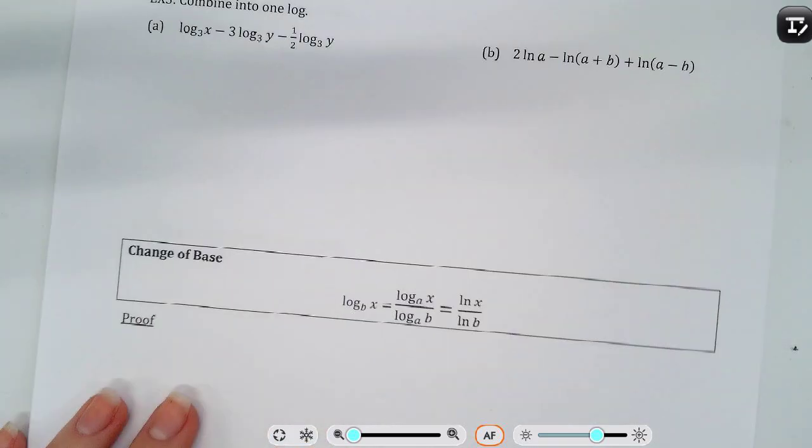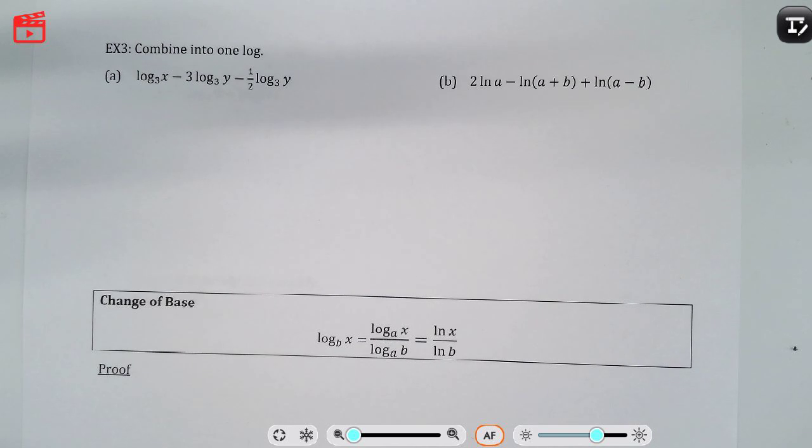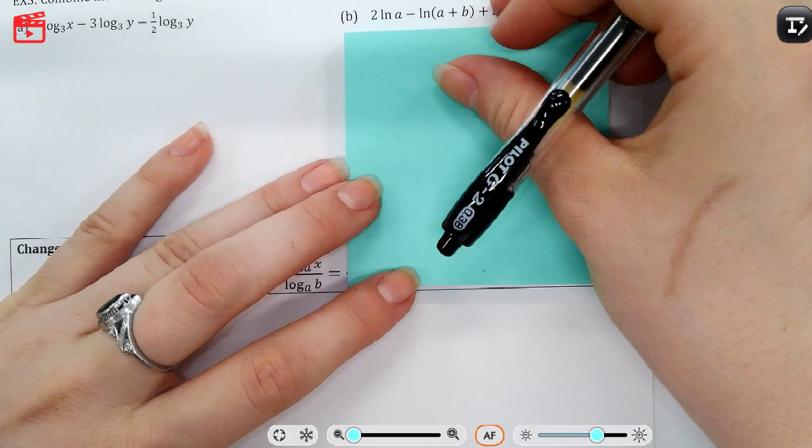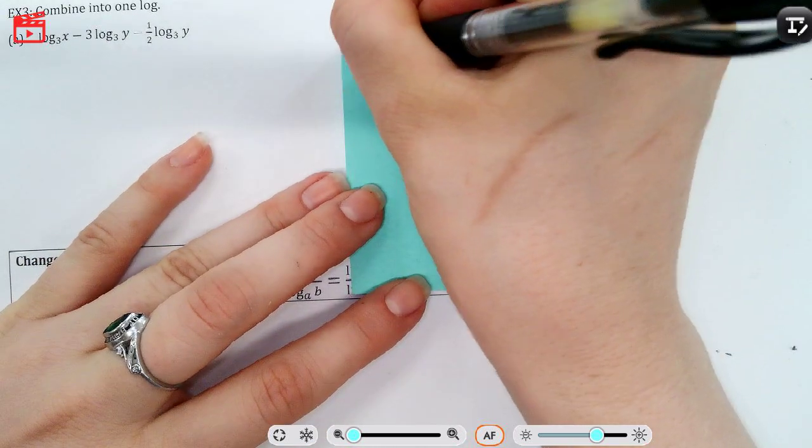Okay, so next, let's see. This time we're doing the exact opposite of expansion. We are combining. Our checklist is going to be the exact opposite of our expansion. We want to make sure that, for combining,